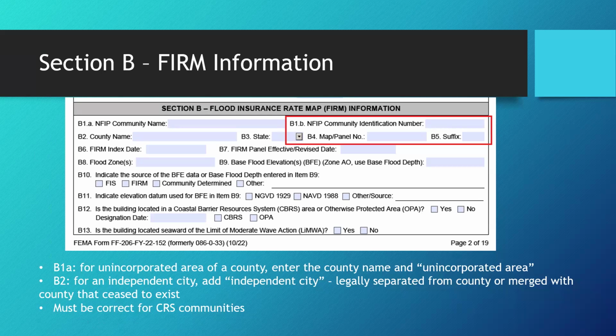And as I mentioned yesterday, once that date is passed, then you should be checking for a new form to be released by FEMA so that you make sure that you're using the current form at that time. So the first part, pretty straightforward, NFIP, community name, and then if you are in an unincorporated area of a county, you would enter the county name and then the words unincorporated area according to the instructions for the elevation certificate. The community identification number, so that is the 6-digit number that I showed you for Topeka, and I will show you again on the FIRM title